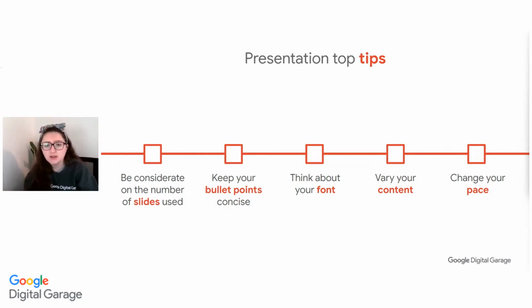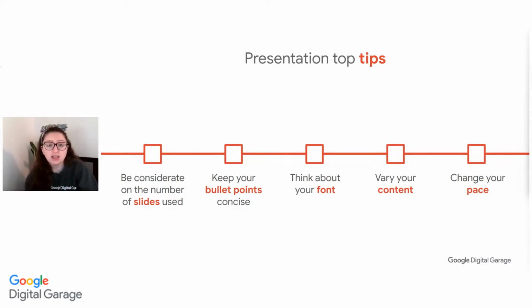Bullet points. Remember what's on the slide. You want people to focus on what you're saying rather than reading all of that text on the slides. And bullet pointing some key points can help make sure that you are sticking to what you want to cover on that slide, but it's not a script. You're not reading it. Think about the font. So for any writing that you do have on the slide, make sure that it's readable.